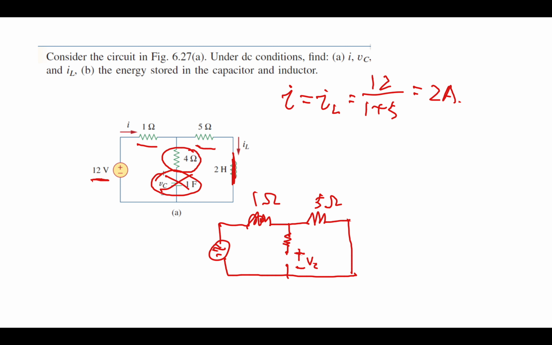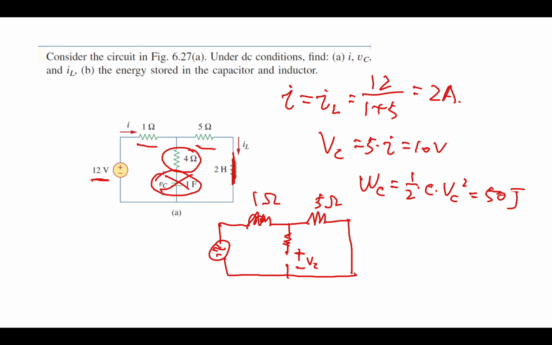VC equals the voltage on the 5 ohm resistor, so VC equals 5 times I equals 10 volt. And the energy stored in the capacitor and inductor: WC equals one half times C times VC squared. So this is 50. And the energy stored in the inductor is